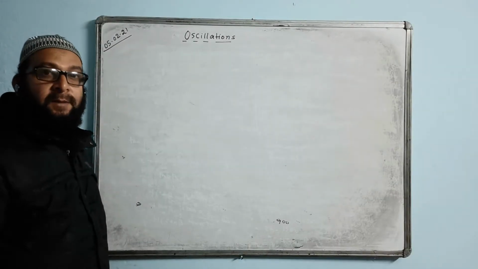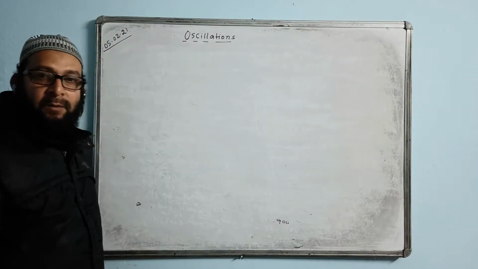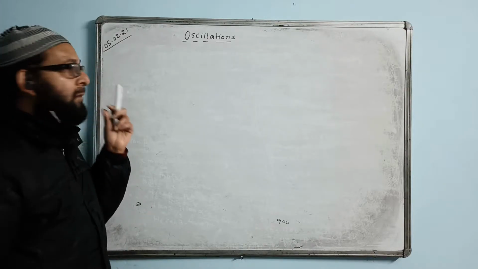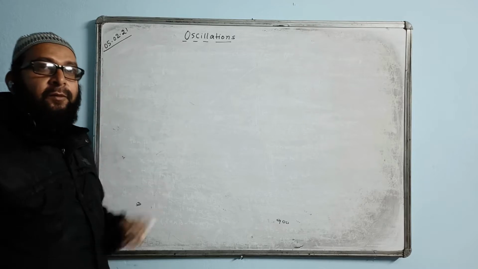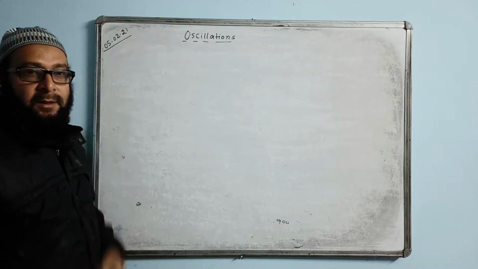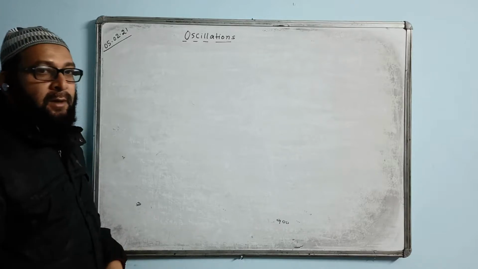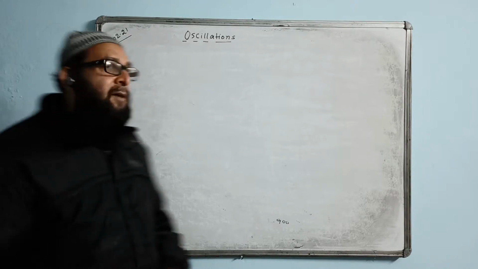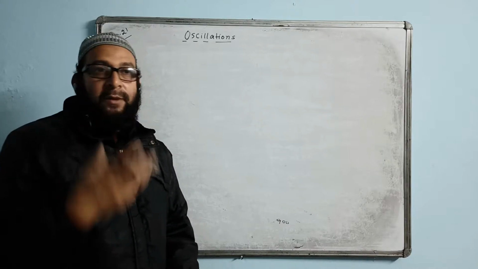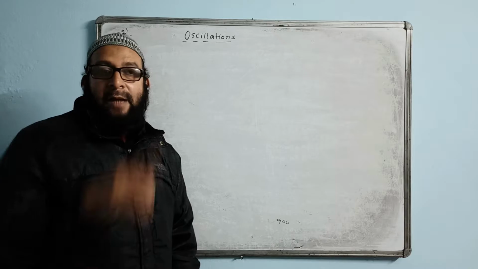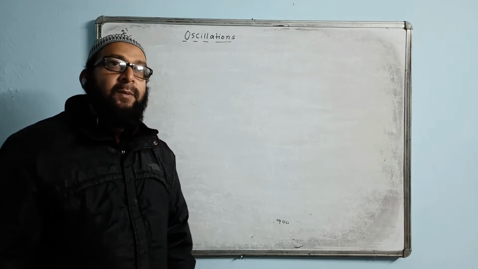Okay, we will continue with the same chapter, oscillations or simple harmonic motions. Last time I derived a formula for displacement, velocity, acceleration, energy of a body executing SHM. Today they will ask you, certain motion is simple harmonic, you have to prove it. So to prove certain motion simple harmonic, we will calculate acceleration, and acceleration will be